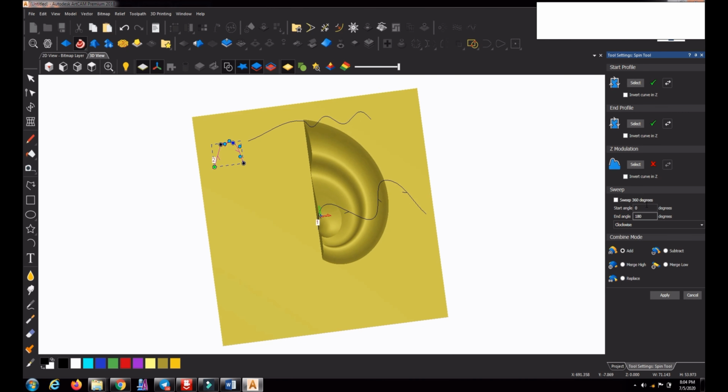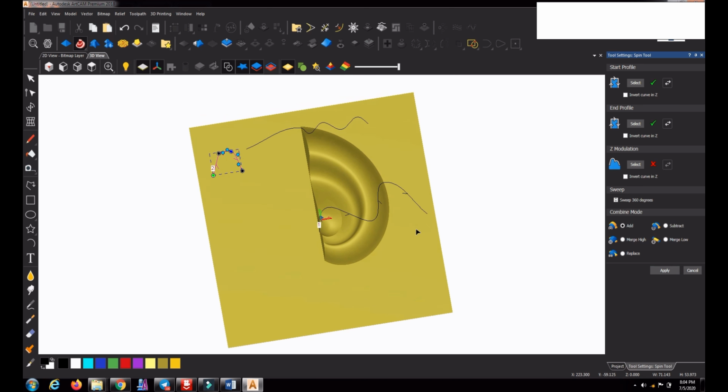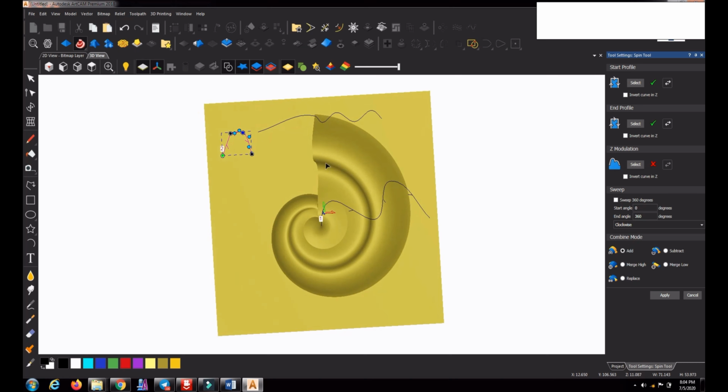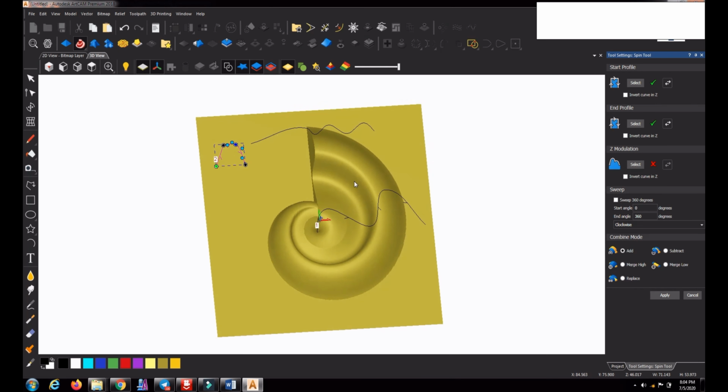Now I change it back to 360, or otherwise I tick the sweep 360 degree option. It creates the full 360 degrees.